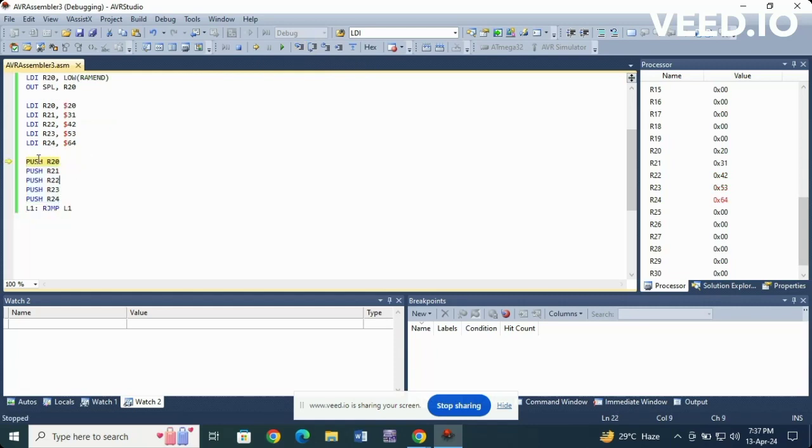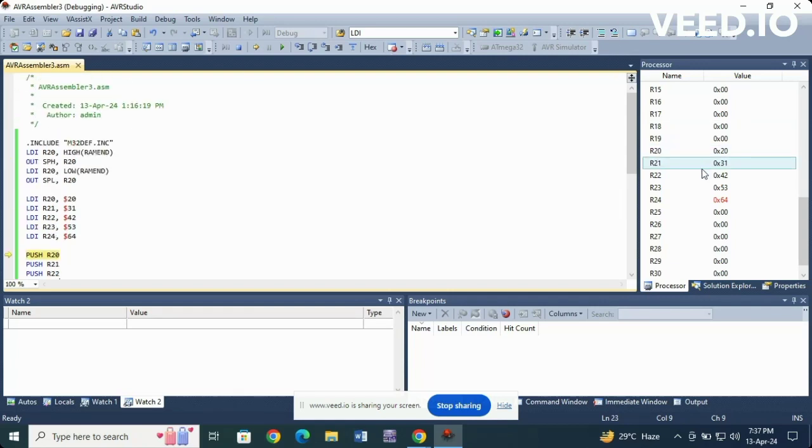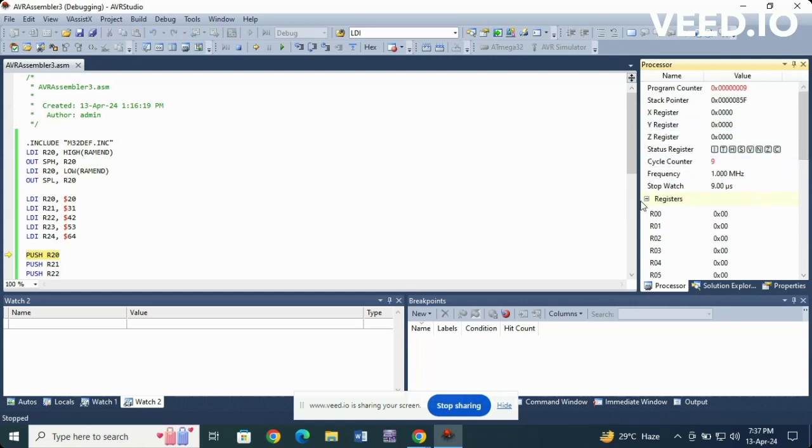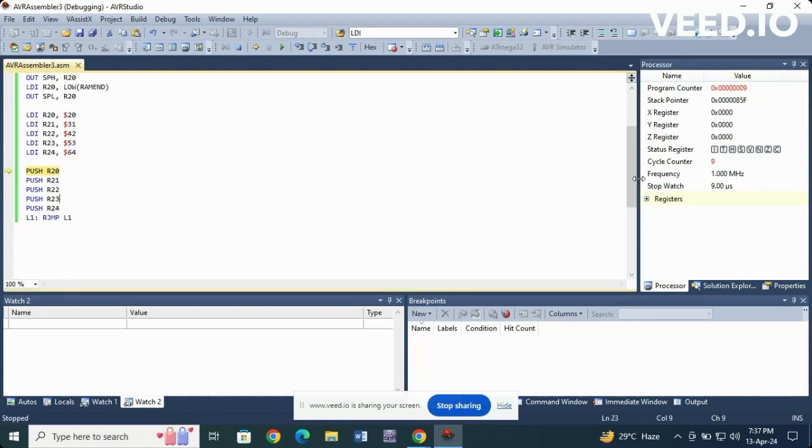And next is this push instruction. This instruction pushes the value of registers R20 to R24 onto the stack, to the stack pointer. It stores the value in memory at the current stack pointer address and decrements the stack pointer to point to the next available memory location. So if we push register R20, you'll see the stack pointer become 85E,